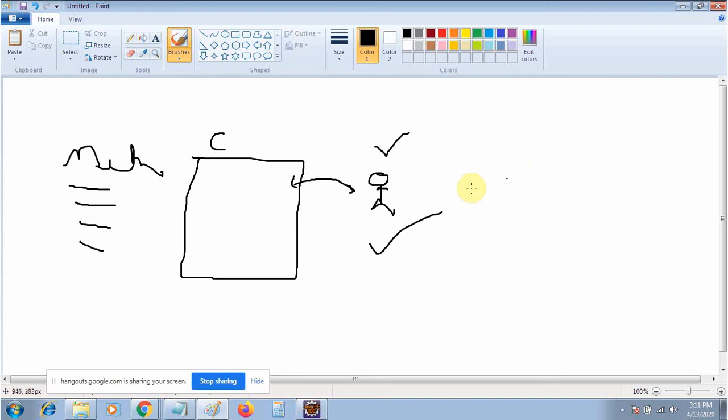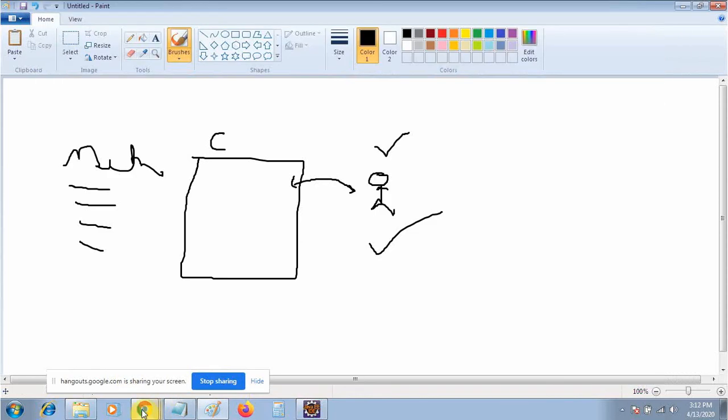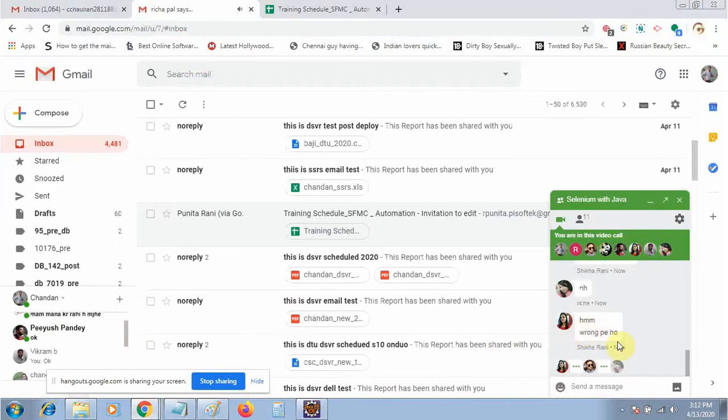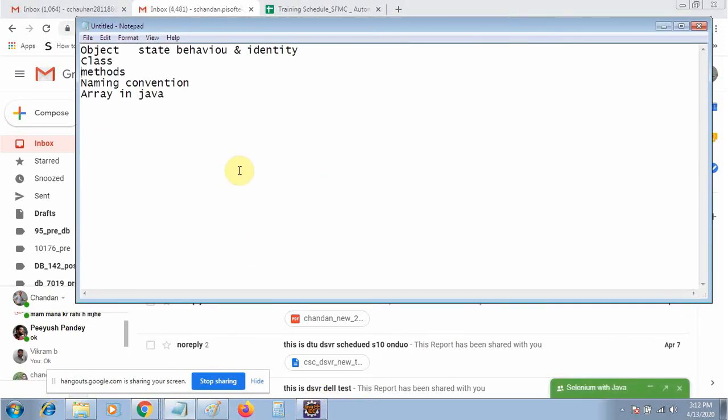Okay, now let's move on to the naming convention part. It's a little bit important: how to name a class. So I will write here the naming convention.